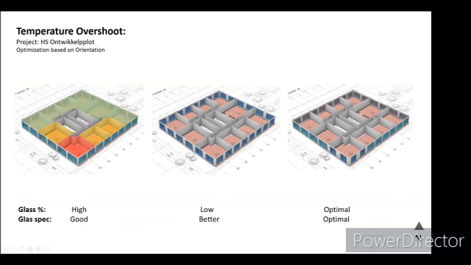But after running the simulation, we found out that the southwest or southeast corner apartments are going to overheat, whereas the other apartments facing north are better during the summer. But this is not applicable and we can't get through building permit. So then let's say we put less glass and better glass values. That means we are wasting too much money on the north side, because these spaces are never going to overheat. So what happens is we try to optimize the difference of glass percentages based on the orientation of the apartment.